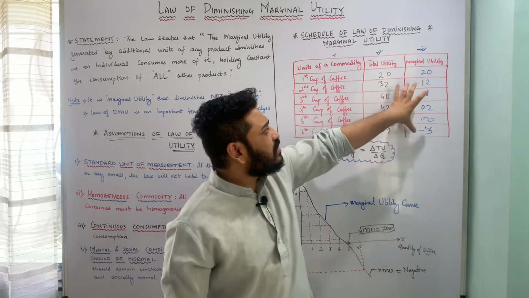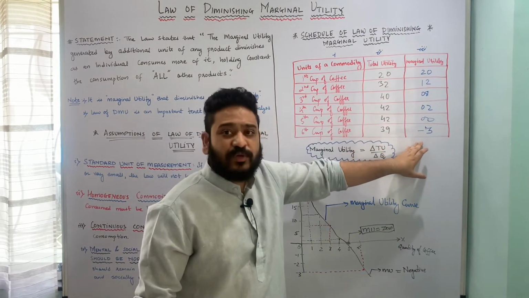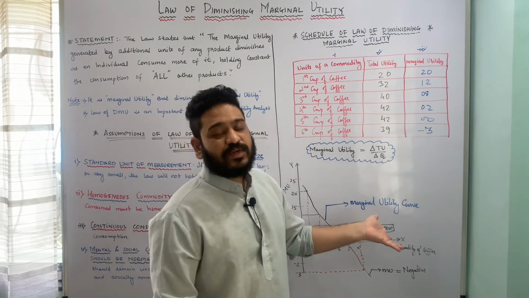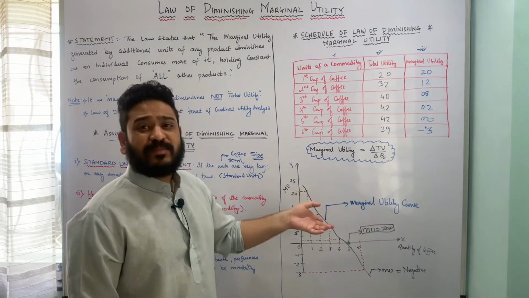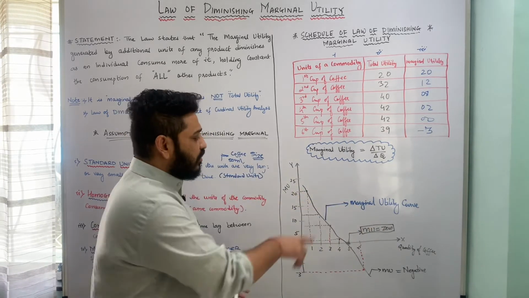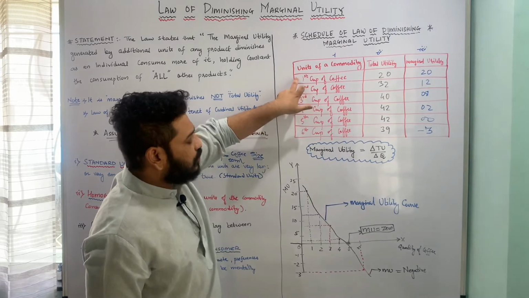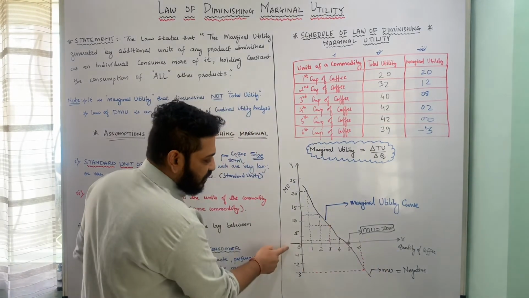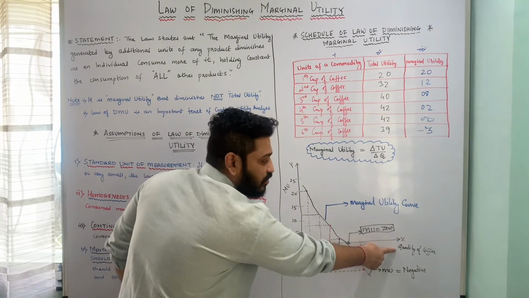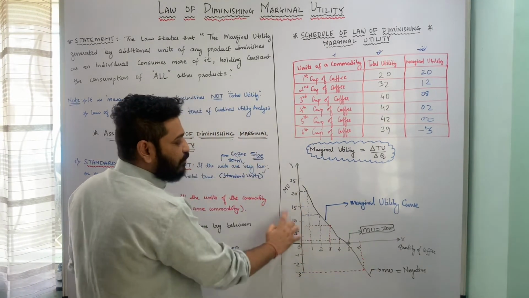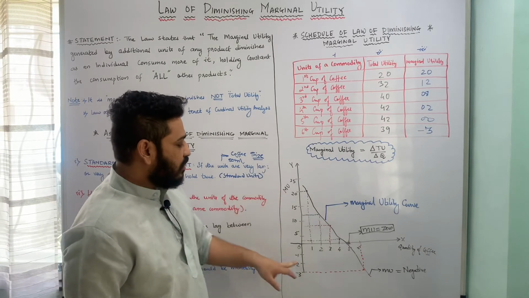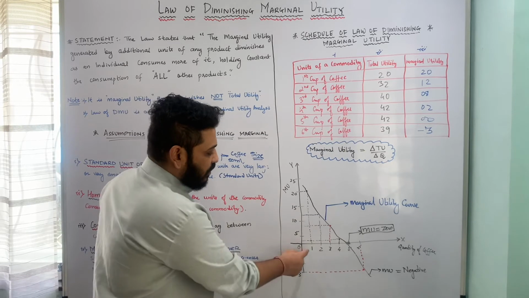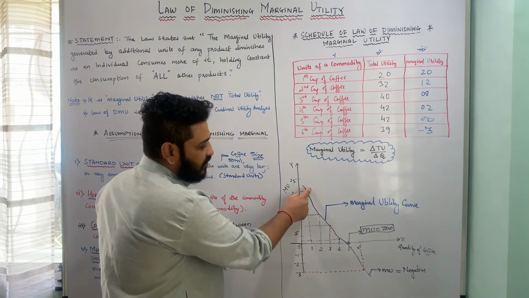Now what I am going to do is take all these values of marginal utility and plot them on a graph and see how the curve of marginal utility, or the law of diminishing marginal utility, looks like. So here the units of coffee are taken on the x-axis. You can see this is the x-axis on which I am looking at the units of coffee. On the y-axis, I am looking at the marginal utility. Now, at the first unit of coffee, the marginal utility is 20 utils. So here at the first unit of coffee, it is 20.